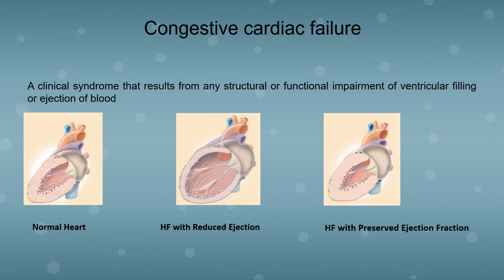This is the condition in which there is heart failure with reduced ejection fraction. Okay. So the ejection fraction is decreased in this case. Whereas in this case, the ejection fraction is preserved. Okay. Yet the heart muscles are able to pump the blood. So the ejection fraction in this case is preserved. So there are two types basically: heart failure with reduced ejection fraction, heart failure with preserved ejection fraction.